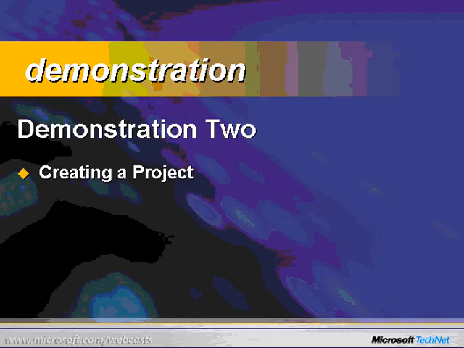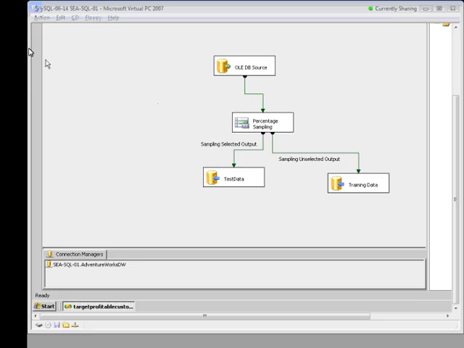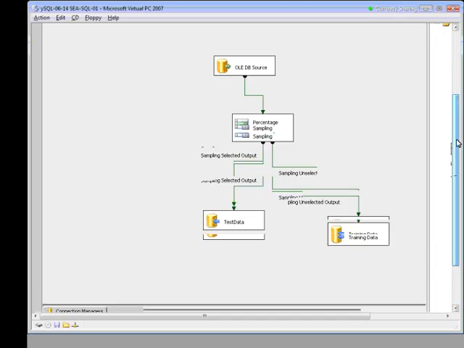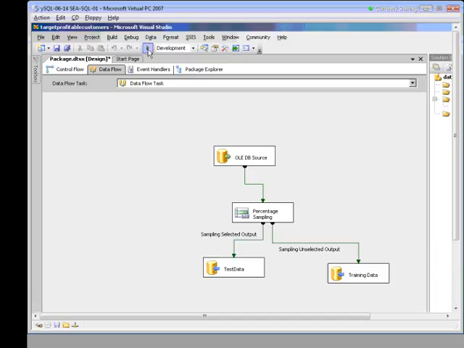Again, remember F5 will give you a toggle so you can go back and see what we're demonstrating here. So let me bring my sharing screen back up. Again, I'm using the same demonstration. So we'll pick right up where we left off. Okay, so let me scroll up a little bit here, and we'll take that mining that we did before. We have our data flow package that will send data from one source into our two different data sets. Let's execute the package here and see the results.